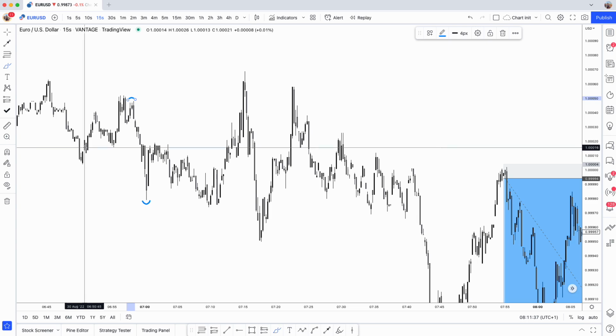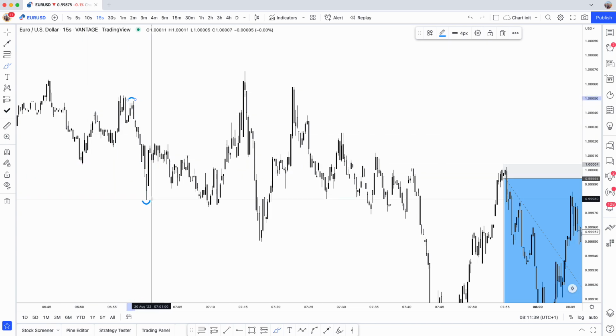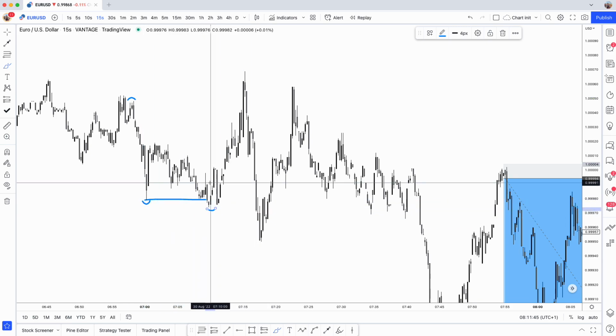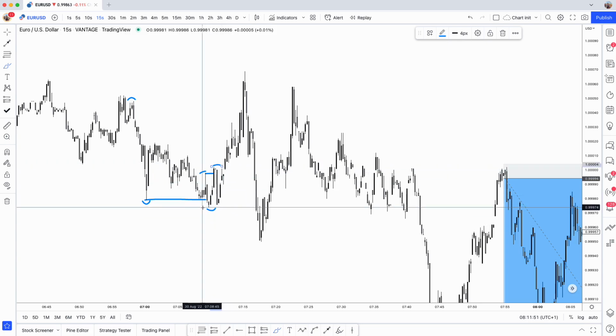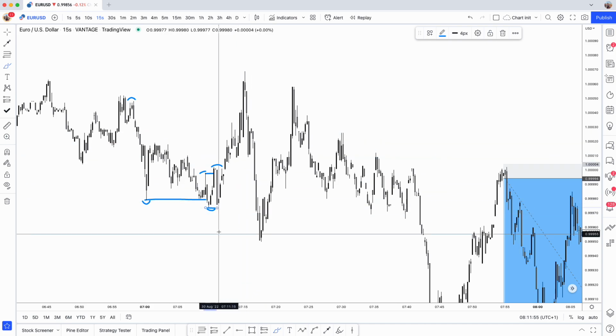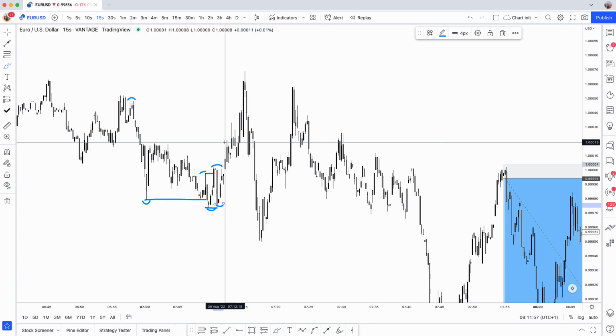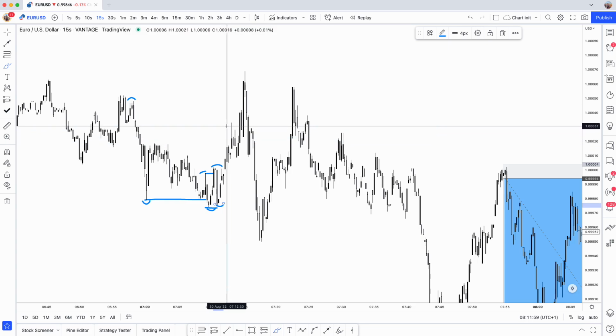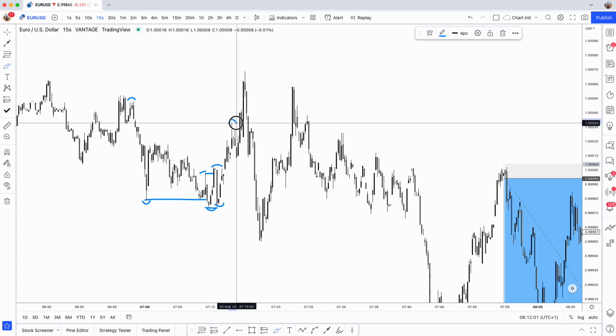Anyway, so we've got this range, range low, range high, pretty simple. And then we go on to break this structure. We have a low, high, and then we have a break. Now this would be a disruption if it did go on to continue to break the low, but it didn't, and it continued to make a new high. So we have range low, and then we have the high confirmed here. Then we have low, high,